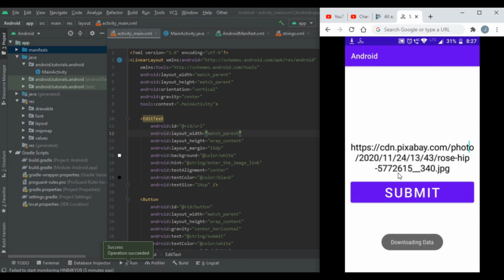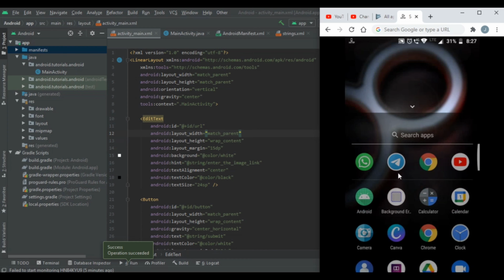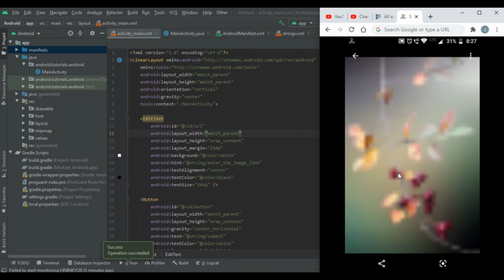So when I click on that image, you can see that image here, and we are also going to implement the Dexter library and add the runtime permission. So here you can see that when I again press the download, it will create a unique ID, and then we will get our image in HD quality. So here now we are going to start the building of this application.